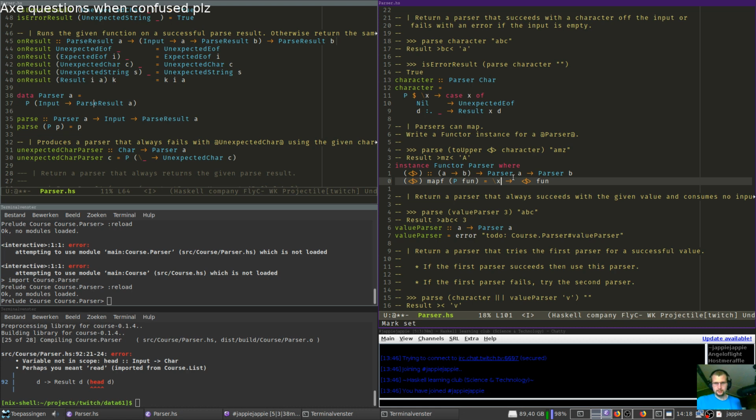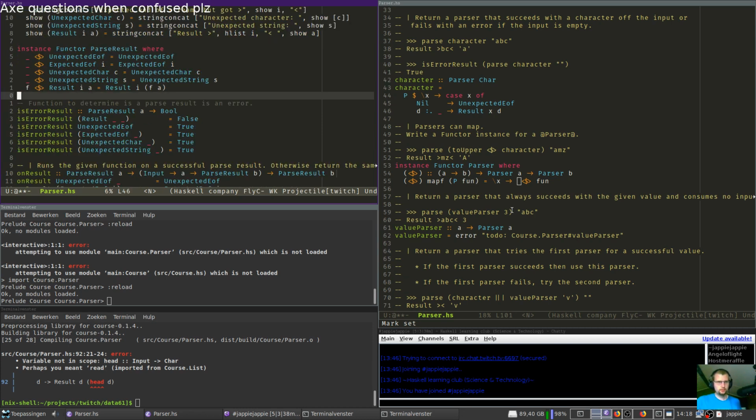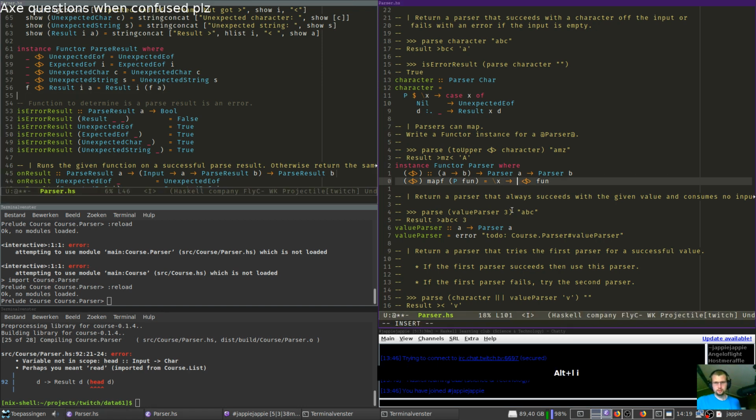And with that, I think we just map F. No. We also need to pass result the functor. Yeah, it is. Well, we're done, right? Is this it?